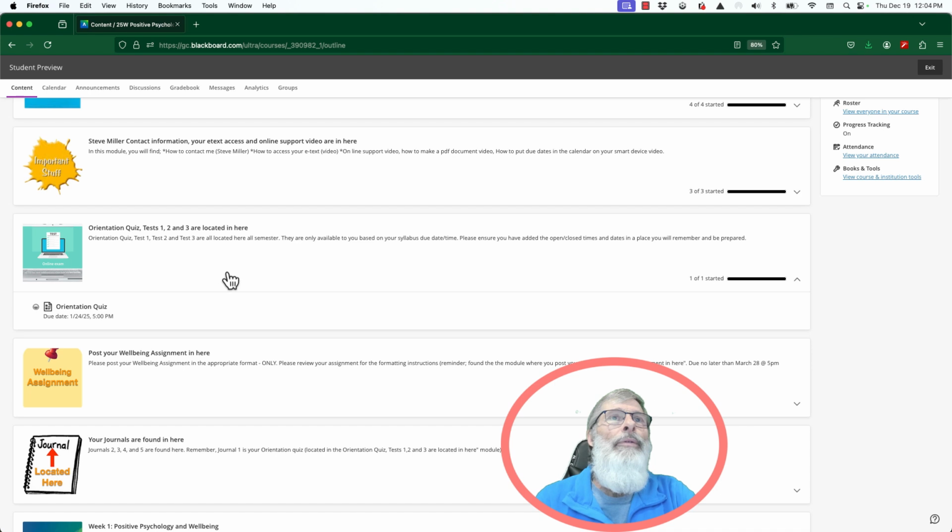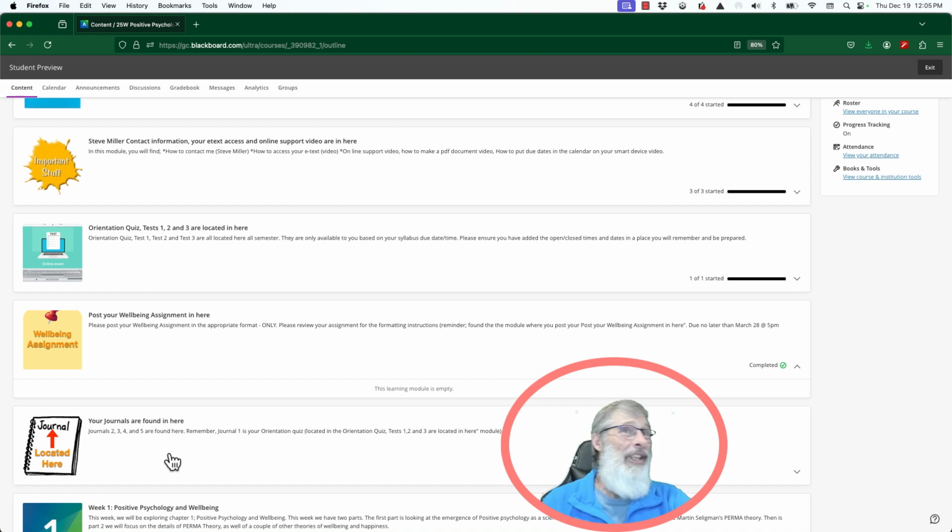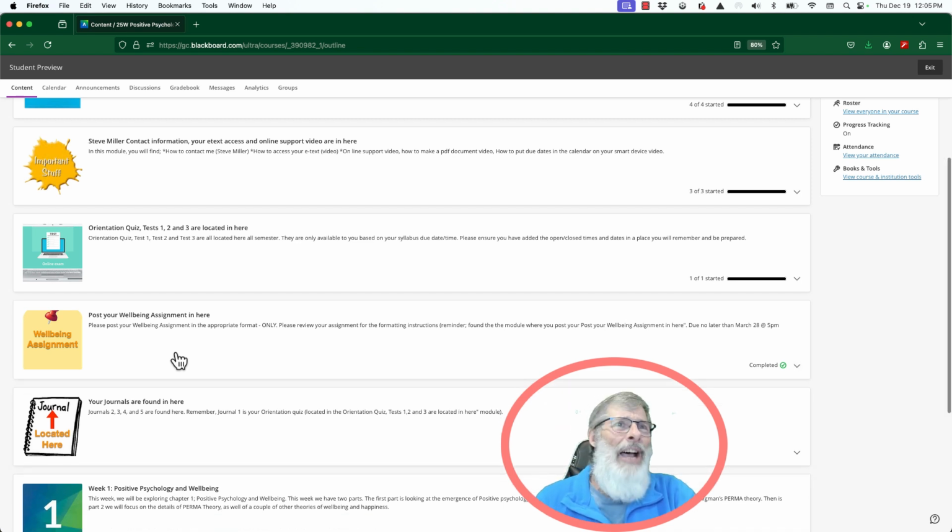Okay, let's move down to your assignment. Now, I didn't put it in here yet. It will be here, and it's going to operate like this journal, and I'll show you a journal to give you an idea. What will be in it will be a spot with some instructions. It will indicate more about the appropriate format for your assignment, and then there will be a spot that you can click on, and you can attach your PDFs for this assignment.